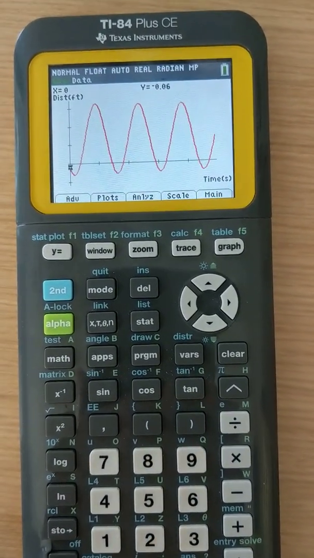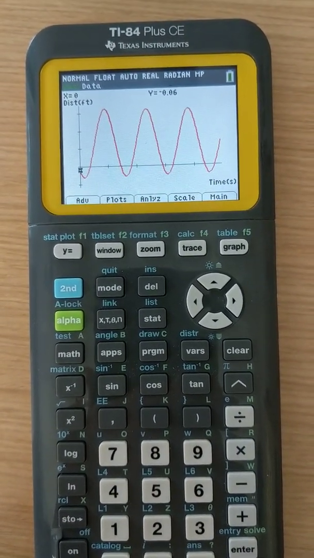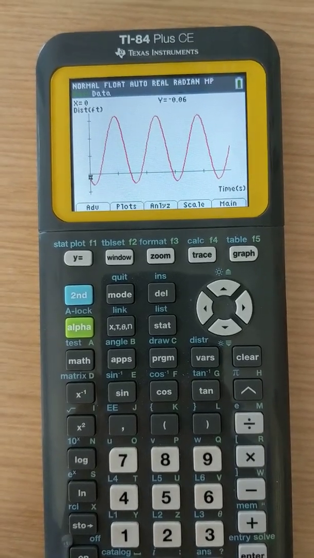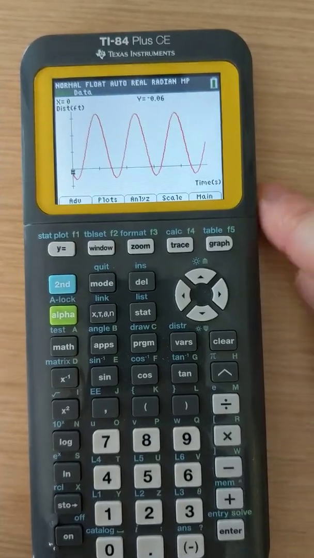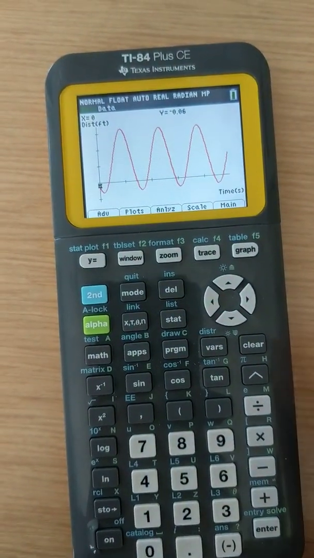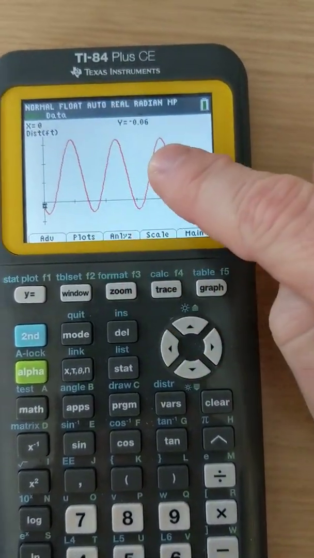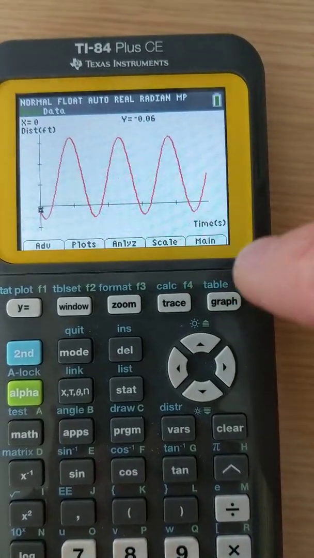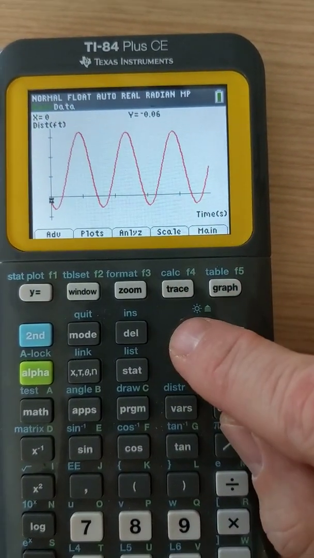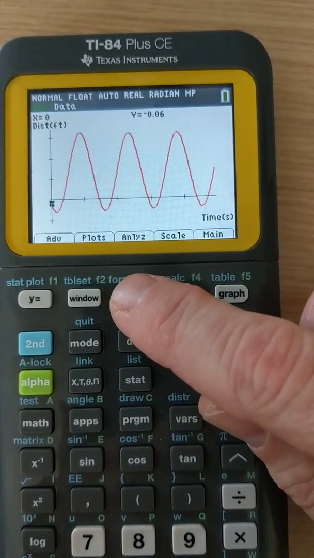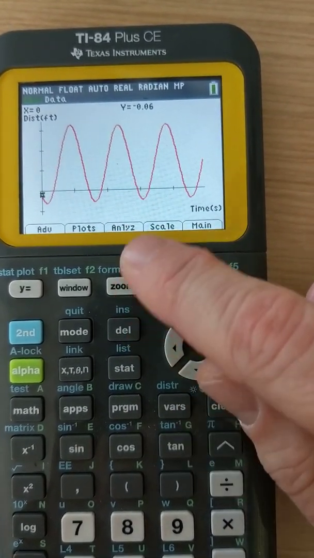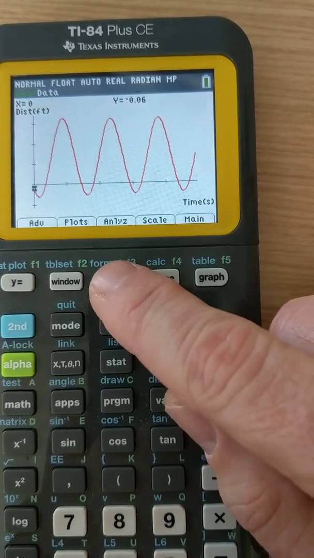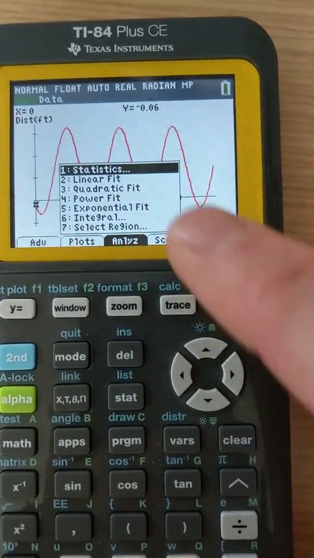Hi gang, if you are looking at this video, then you have just collected data based on a pendulum lab. You've disconnected the CBR from the calculator and you have data still sitting in your calculator. What we want to do is choose a piece of the data so that we can analyze it. At that point we'll choose Analyze, and under Analyze we're going to choose